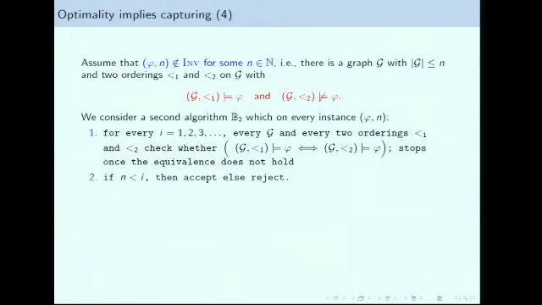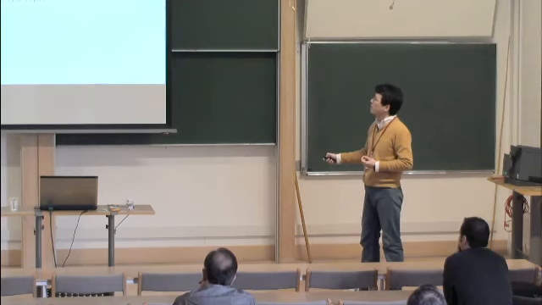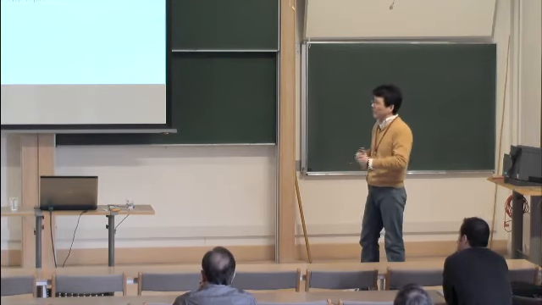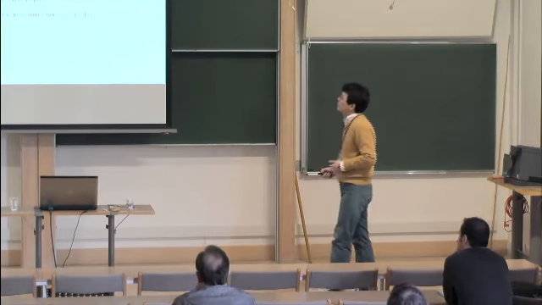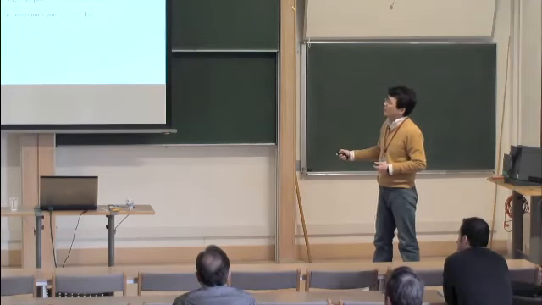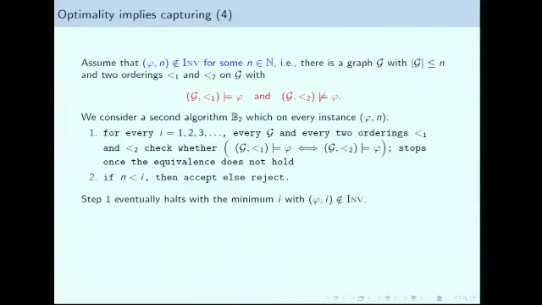If I find this I, then I check whether the given n is less than I or not. If that's the case, then accept, because I is the minimum number to witness that phi n is not invariant. So if n is less than I, then phi n is order invariant. Okay? Otherwise, it rejects. So the second algorithm goes like this. Remember, here I assume phi n is not invariant for some n, so phi is not order invariant. So this implies that step 1 eventually halts with the minimal I where phi n is not invariant. And we get the correct answer from the second step.